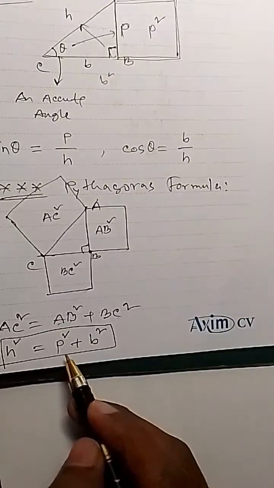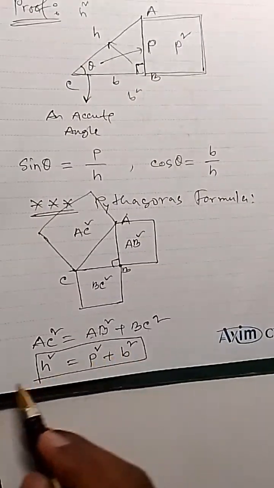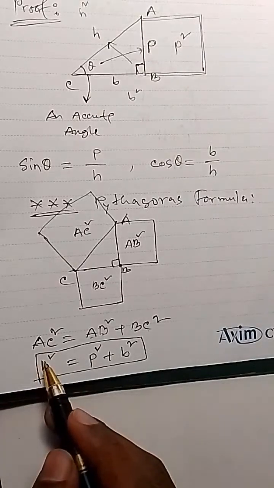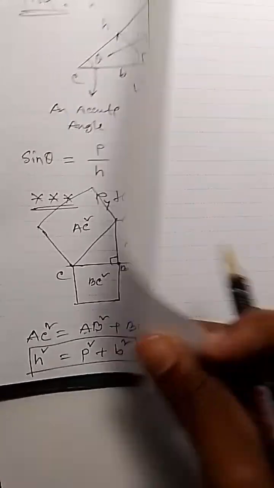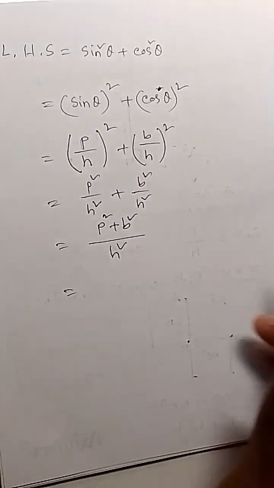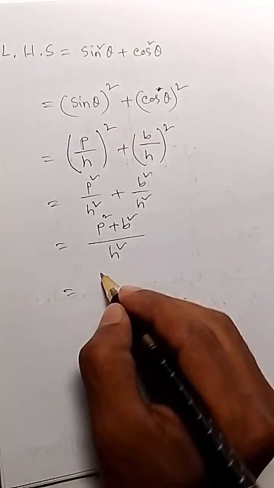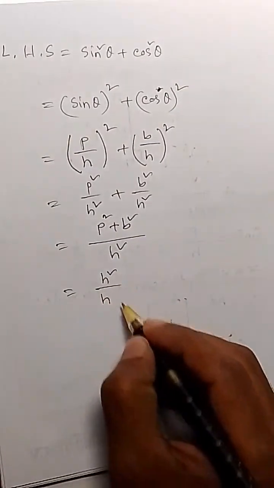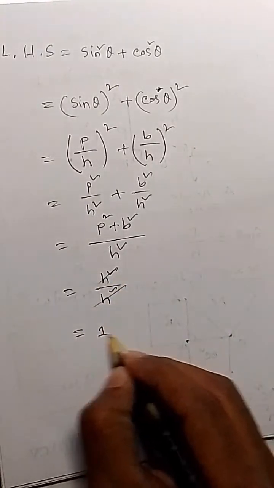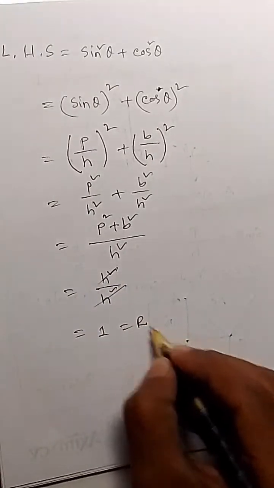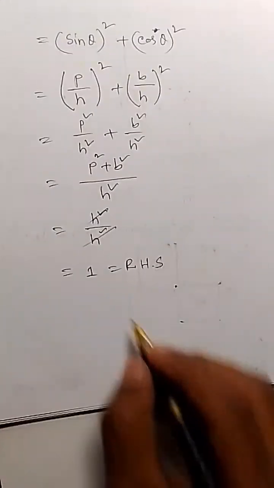In the numerator, p square plus b square, and you know that p square plus b square is nothing but h square, right? You can replace this one. So p square plus b square is h square, and then h square over h square. So you have 1, which is the right hand side. Okay,